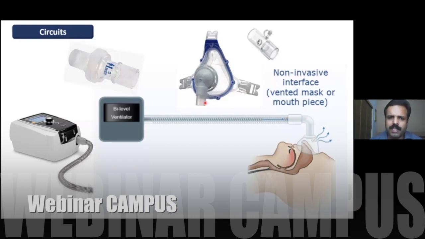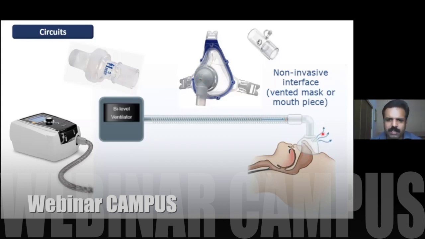So always keep in mind, whenever you use the single limb circuit, you have to use a vented mask. Okay, I've seen many patients going for cardiac complications because of using a mask without a vent. In the hospital, you will have both types of mask. The same way, sometimes the bedside nurse or the sisters will connect the NIV directly to the tracheostomy without the leak port. In that case also, the patient may not be able to exhale, the carbon dioxide will build up and the patient will have discomfort. So always keep in mind, single limb circuit, you should have a leak here.